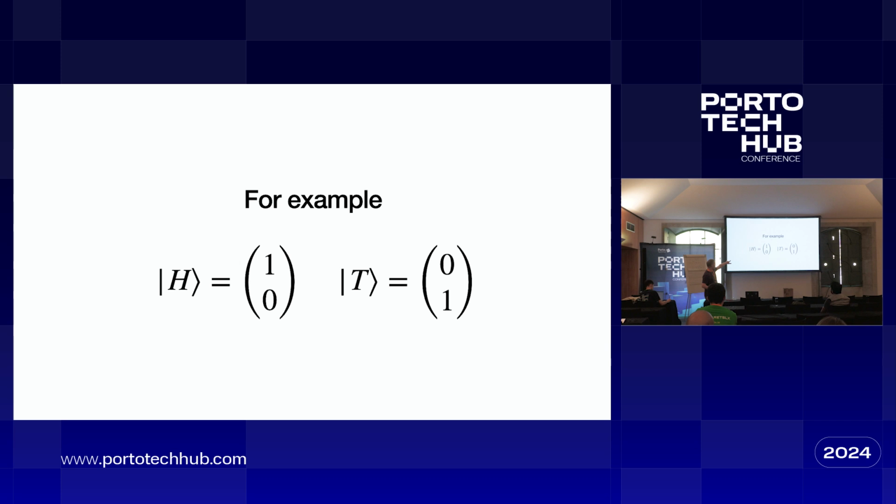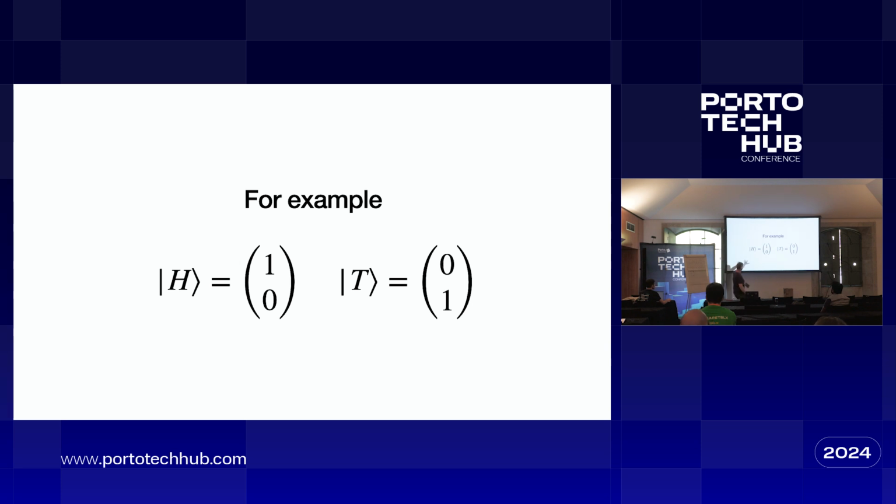If we assign to our heads and tails probability distribution these vectors, (1, 0) and (0, 1), that is going to be the basis of our vector space, right? Remember we said that we're writing a probability distribution as (1/2, 1/2), where this is the probability of heads and this is the probability of tails. So the basis vector corresponding to heads is the one with a 1 here, and the basis vector corresponding to tails is the one with the 1 there. Is that clear? Okay?